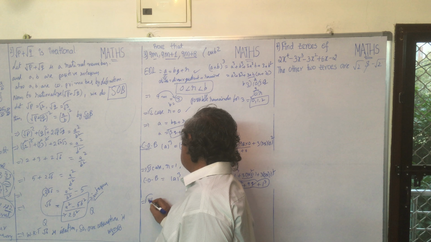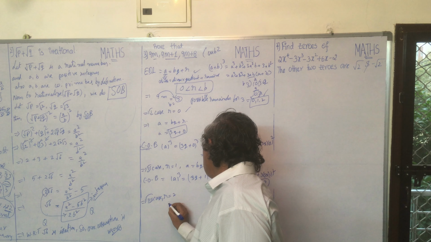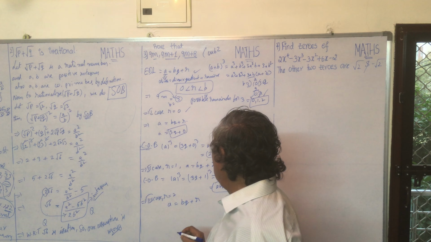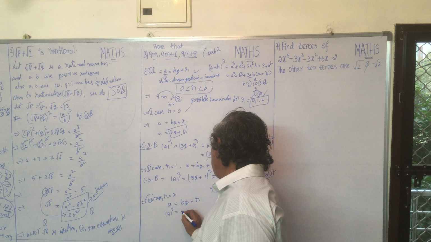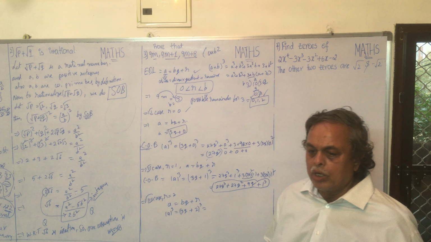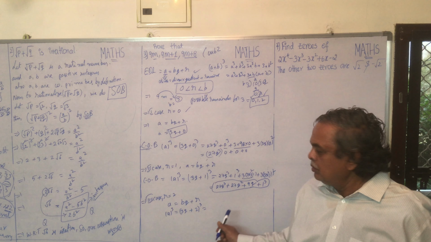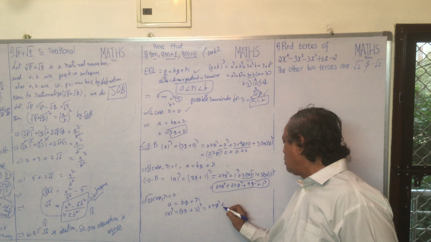What is the remainder? R is equal to 1 is over, now 2. Okay, tell me that. A is equal to B cube plus R. Now substitute the values. A cube is equal to B 3 cube plus R is equal to how much? 2. Then this is cube. Then now tell me. What is that? 27 cube. 27 cube plus 2 cube.